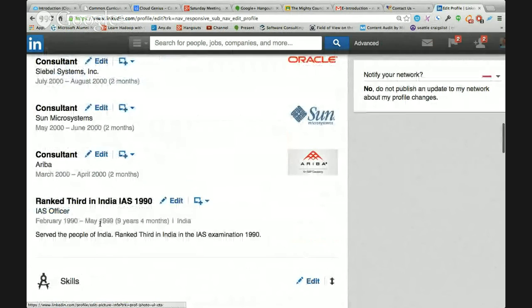See this, 1999, at that time frame? In India, I was a government officer with no experience whatsoever in private enterprise, just like you do not have experience in the private civil economy. Even I did not have any experience whatsoever. No kidding. I was a government officer that had no idea what civilians do, honestly. And so I was in exactly your situation, with nothing to write on my resume except that I served the people of India.